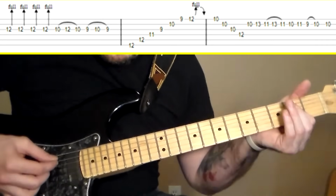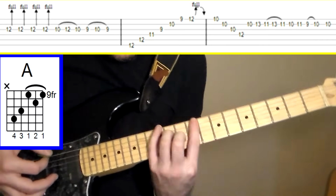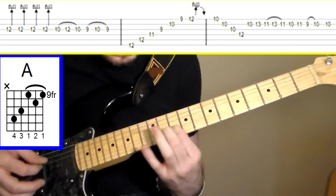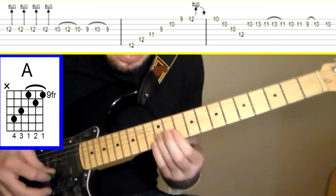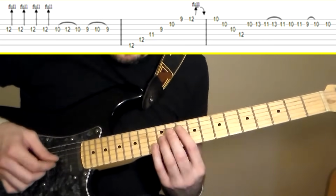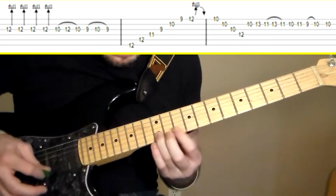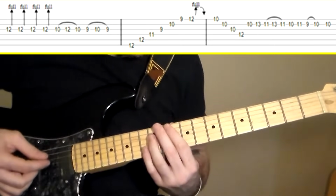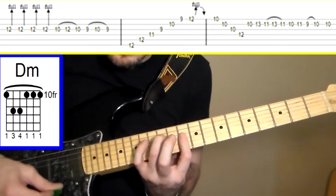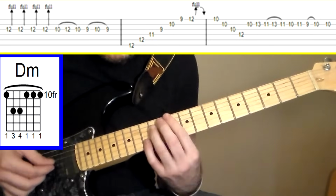And then he's playing over the A chord now, so he's doing one of these A arpeggios using the shape again. So it's... Just play that much of it. And the next thing is basically just a D minor arpeggio, which is taken from the full barre chord shape. So, you have...